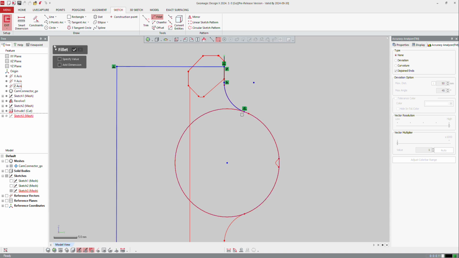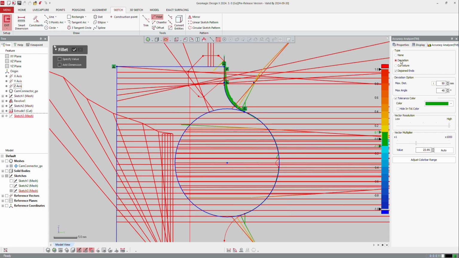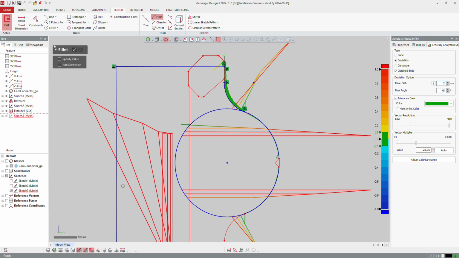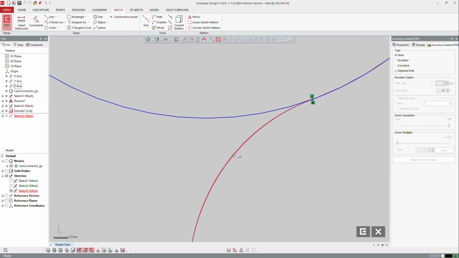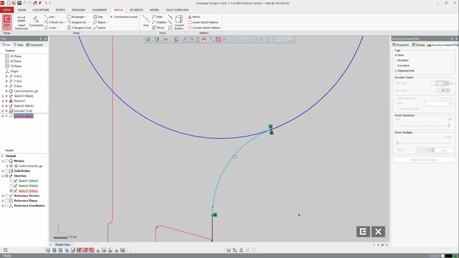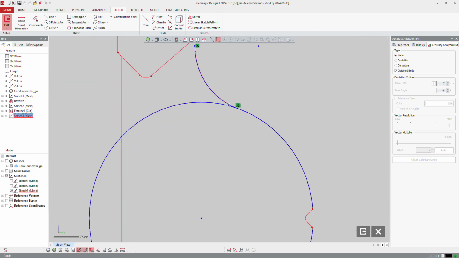You can always use the deviation if you want to check. So, of course, it checked too much, so I will limit the verification, but still the circle is going too low. So I don't need to check it right now. I will check it at the end. And of course, I will also create a fillet on the other side from here to there, and the software adapts to my part. If you're not really happy because you were not very close, you can always go back and zoom in and adjust